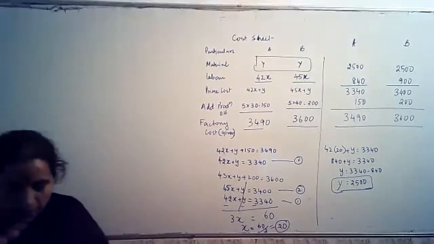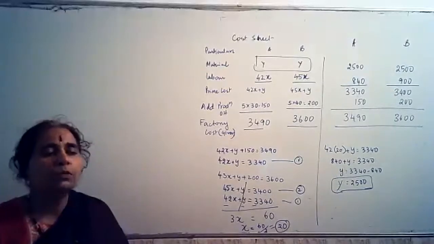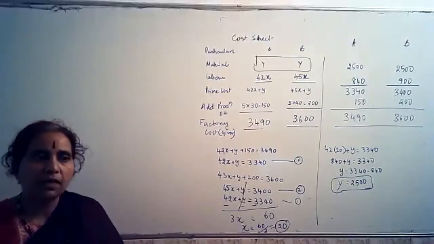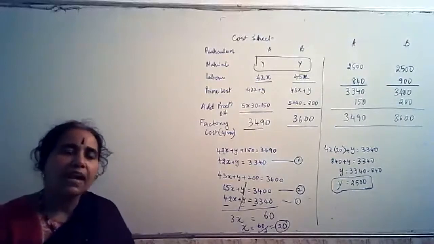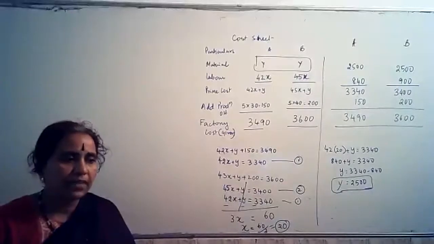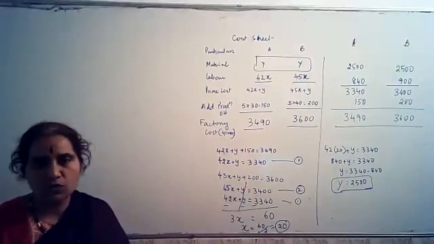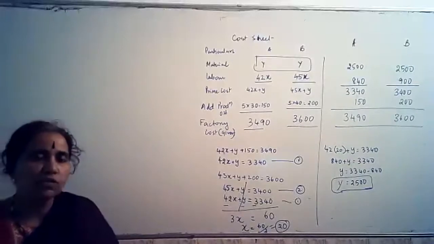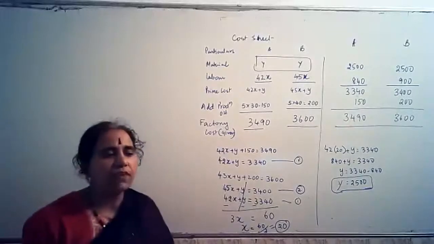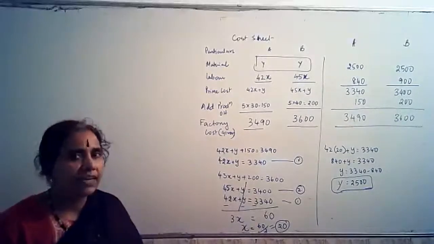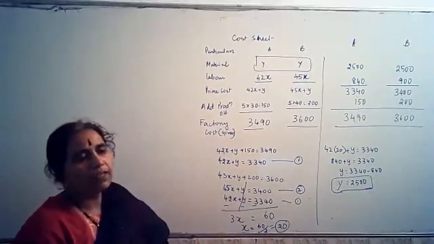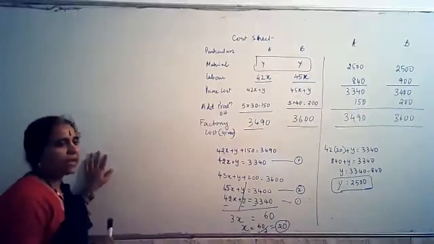Okay. Let's now calculate. First, how much time he has taken is important. Only then you will get to know the standard time, and we can reduce the number of hours which he has taken, so that you can get the time saved. Time saved is also important in this case for the BDOC system. So first and foremost, how much time is required for X, how much time is required for Y, we have to calculate both. So let's prepare the table showing X and Y, how much time it is required.